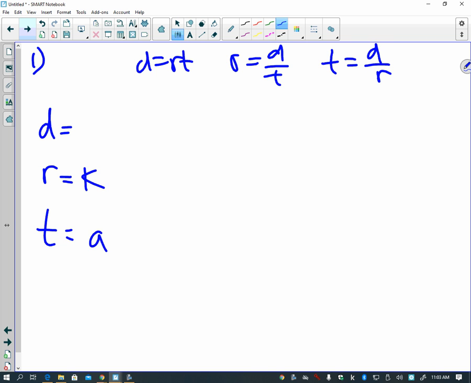Okay, so in this case, notice that they didn't give me a distance. So that means that what they give me for distance, I'm going to have to use my ratio stuff for, okay? So notice that it says, and was 20 miles short. Well, one of the mistakes that I don't want to do is I don't want to write minus 20 in here. Okay? I'm not going to write plus 20. Okay? What I'm going to do is I'm going to look up here. What is distance? Distance is rate times time. All right? So I'm going to take K times A